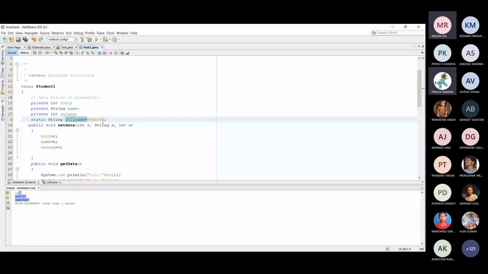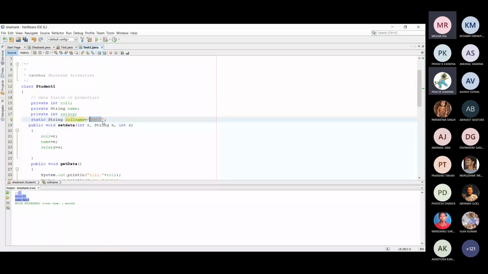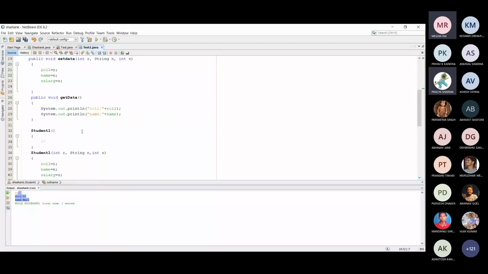So this static value is shared by all the objects. If you would like to print the college name with the help of S1, S2, S3 or any variable, you will be able to find MNNIT. But if you declare a variable as static, there is no need to create an object in order to access it. If you would like to access the college name of the student class, there is no need to create an object; you can access MNNIT with the help of the class name.